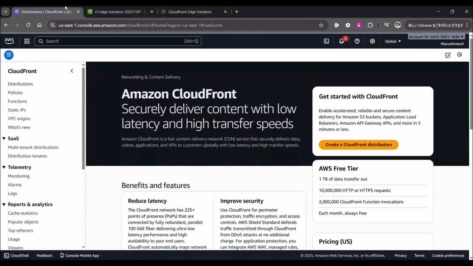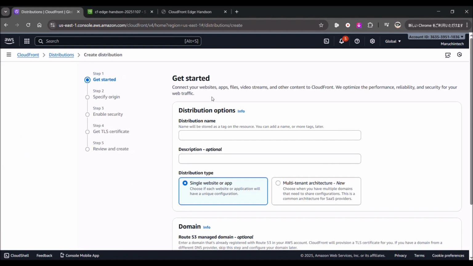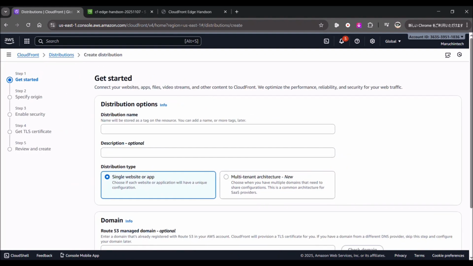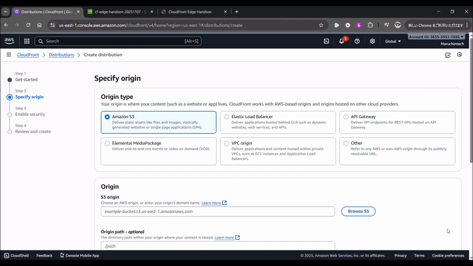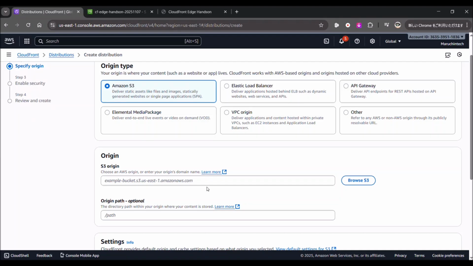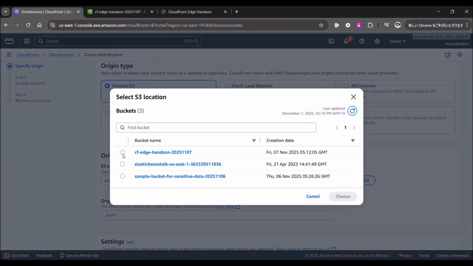So next, go to the CloudFront page and create a new distribution. I'll give it a name like CF sample. Since this is a very simple HTML file from S3, I select single website as the type and click on next. And I choose the CF Edge hands-on S3 bucket. Click on choose